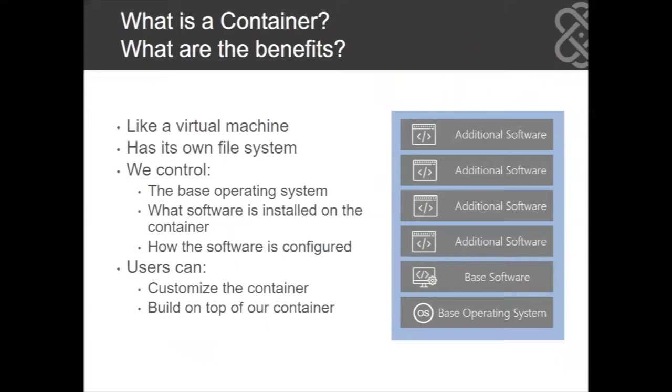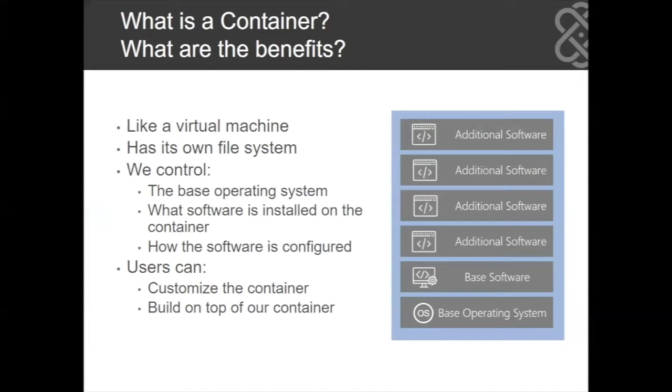While creating an image, you choose what kind of operating system we're going to run our software on, what kind of independent software we need to pre-package, and how they will be reconfigured. We store them in a private registry where users can download it and customize the container based on their need. For example, if some other product is using Neuron ESB for messaging, then they can use the Neuron container and package it with their product or project.